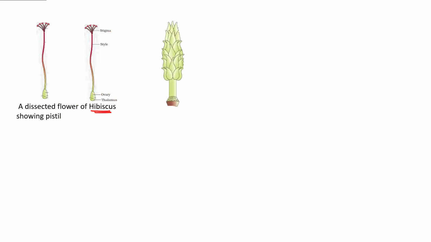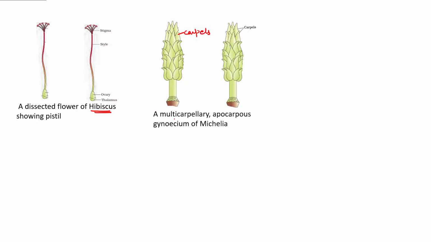See the next question. This is the diagram given to us. And what are these? You should remember these are carpels. See the diagram carefully, this is multicarpellary, many carpels are there, and the carpels are free, the apocarpous condition. Apocarpous condition is Michelia, given in the 12th class NCERT. For other examples, please check the 11th class NCERT, morphology: lotus and rose. So there are 3 examples of apocarpous: multicarpellary apocarpous condition is seen in lotus, rose and Michelia.